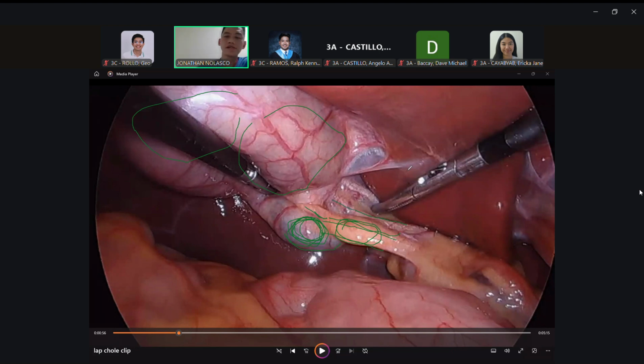Now, where is the common bile duct? Notice in this picture here, there is nothing like, remember the drawing? It's like this: cystic duct, common hepatic duct, common bile duct. But in the actual thing, it doesn't really look exactly like this. It may or may not be close, but definitely the common bile duct is not very well